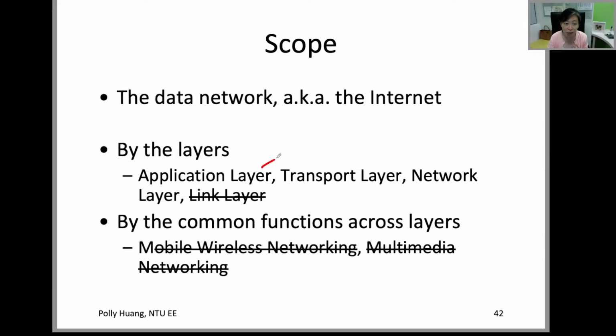The top layer is called the application layer. Second, transport layer. Third, network layer. Bottom, link layer. Now this is also the order of the chapters in the textbook. At the top, we talk about the mechanisms that support individual applications' operation. Each application typically has one mechanism to determine how messages are sent and how messages are interpreted when they come back. So in the application layer, we have many applications.